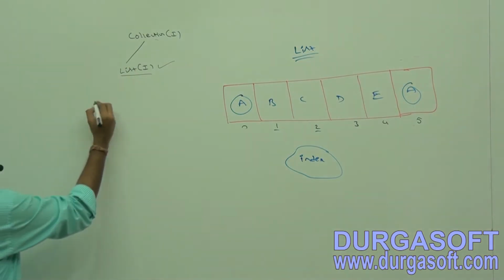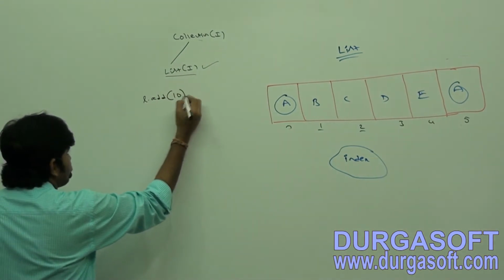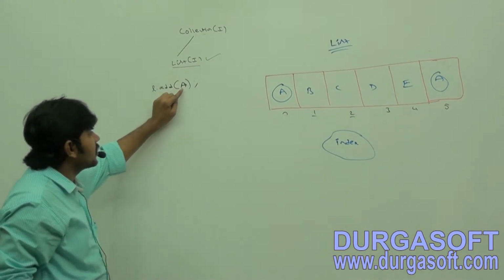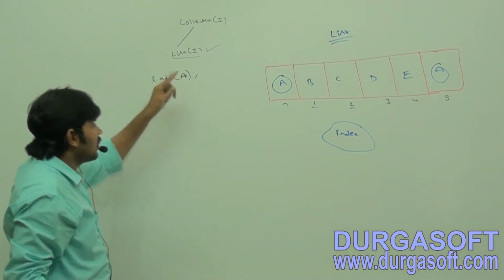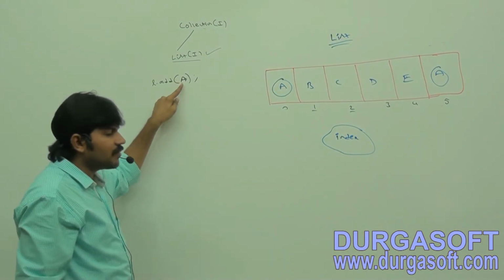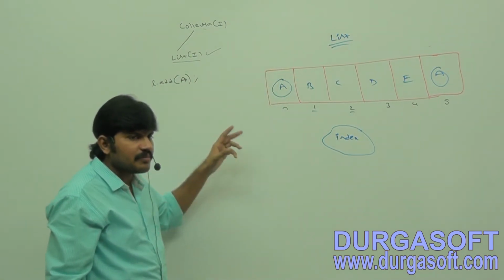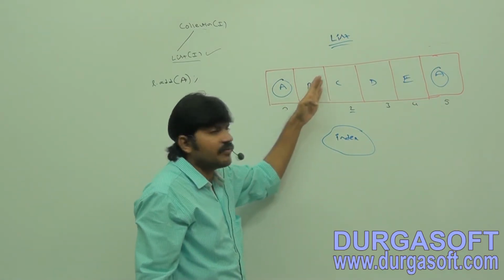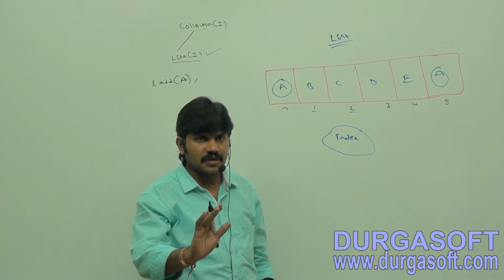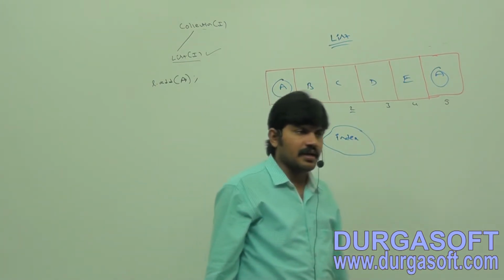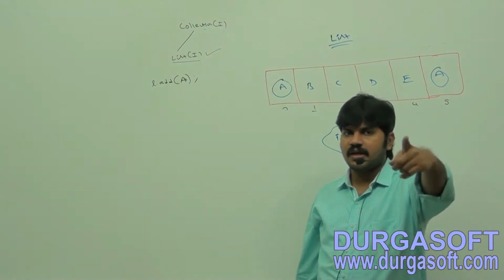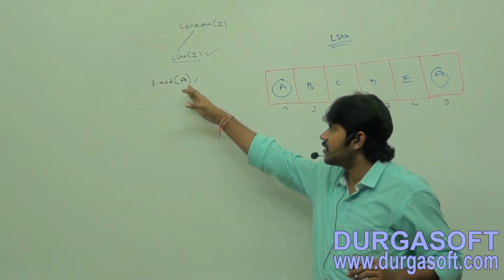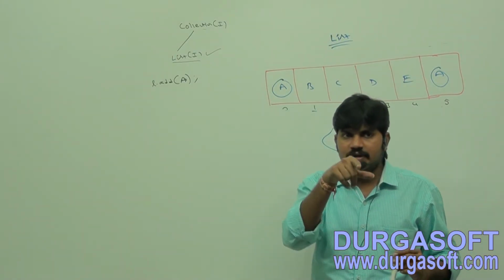Okay. Suppose I'm using l.add(10) or l.add(A). Sir, can you tell where this object will be added? In the first time at the 0th index, second time at the 1st index, third time here. It is always going to add at the next vacant cell. Now, sir, don't add this A in the next vacant cell. Can you please add this A in the third index? Can you please add this A in the fourth index? Can you please add this A in the specified index? That is my requirement.